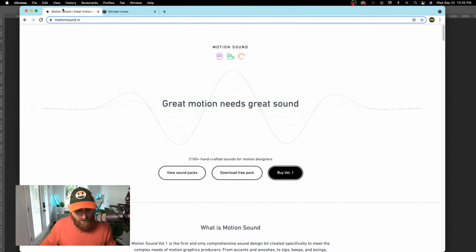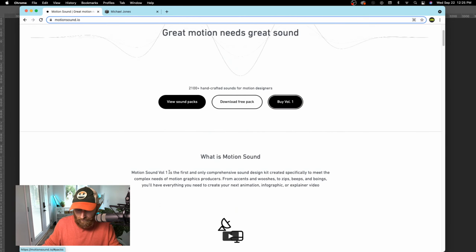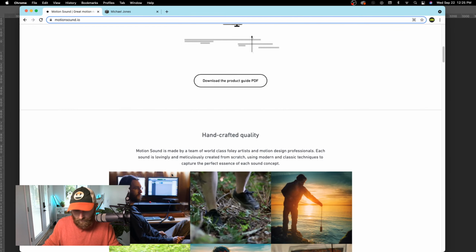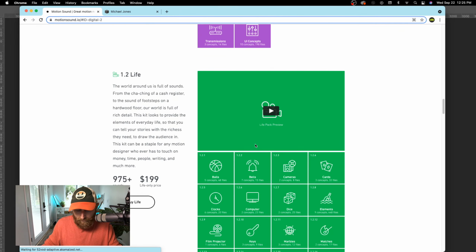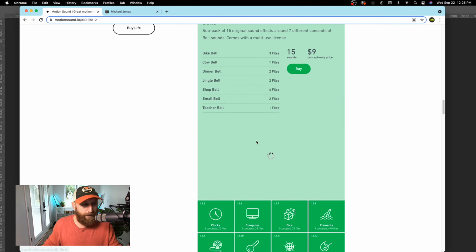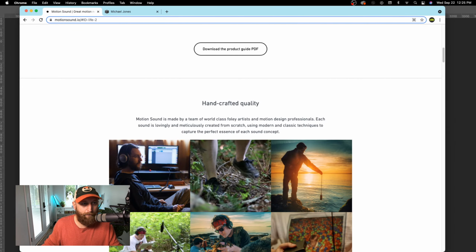With Motion Sound, selling these assets, we put together a little website that gives you a view of the sounds, tells you about the artists behind the project, and then gives you all these previews of all of the assets. This was a pain point for me, feeling like all the sound effects I had access to were very cinematic and very much for movie trailers.